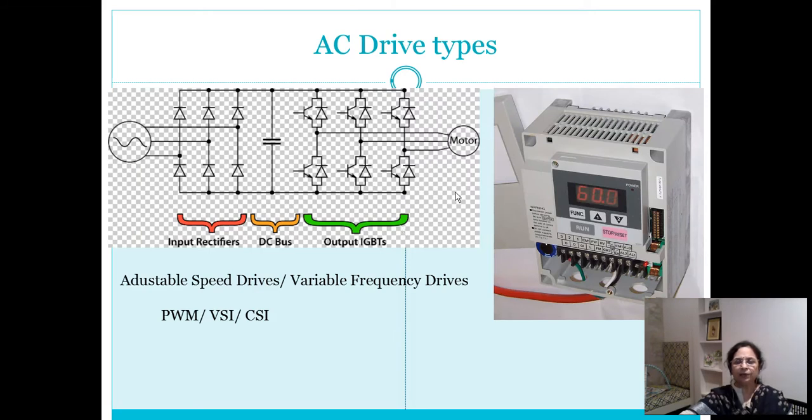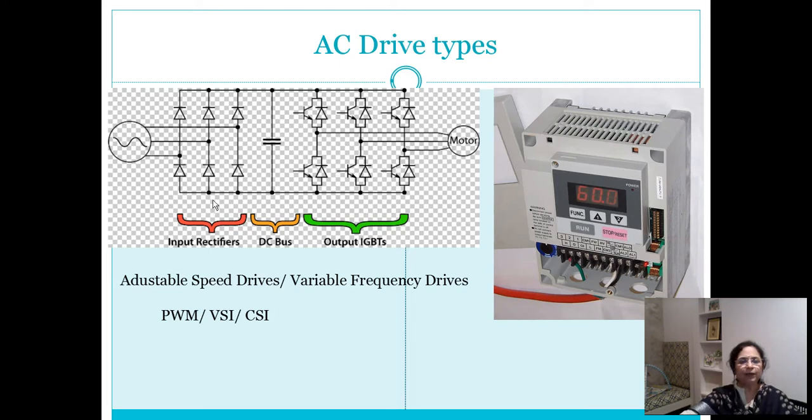When we consider AC drives, when we say AC drive, the motor is necessarily an AC motor. So it could be a synchronous motor, it could be an induction motor, or it could be another special type of motor which is operated with AC supplies. Now since largely induction motors are used in industry, we have taken this example of an induction motor. Typically when AC drives are used, the output end needs to generate AC supplies of required magnitude and frequency. And so this is an inverter section, which is necessarily a part of an AC drive.